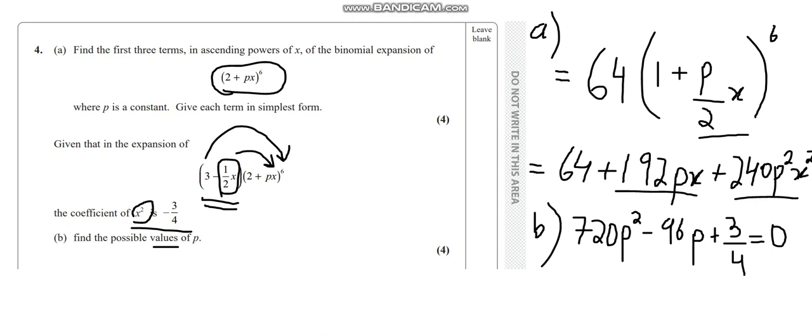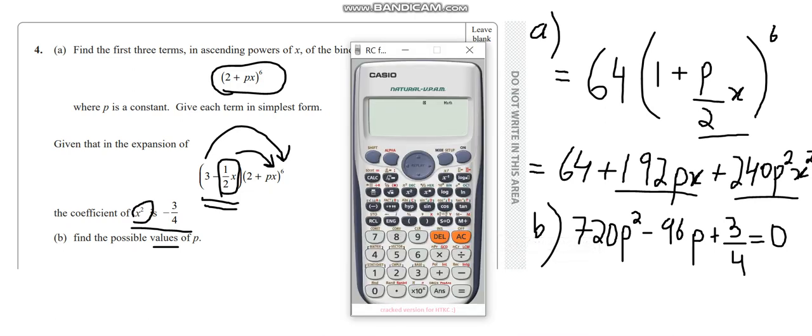So to solve this quadratic function, I'll just bring my calculator and go into the mode setup, go into the fifth equation function, go into the third one to find the quadratic one. There you go, you can see three values here, and we have to put these three values. We can see 720p square comes in as a, minus 96, remember that you have to add the signs also. There you go, and we will have 3 divided by 4. There you go, that's 0.75.